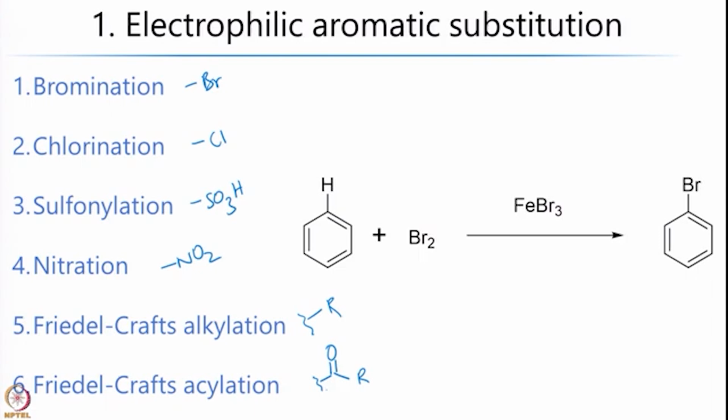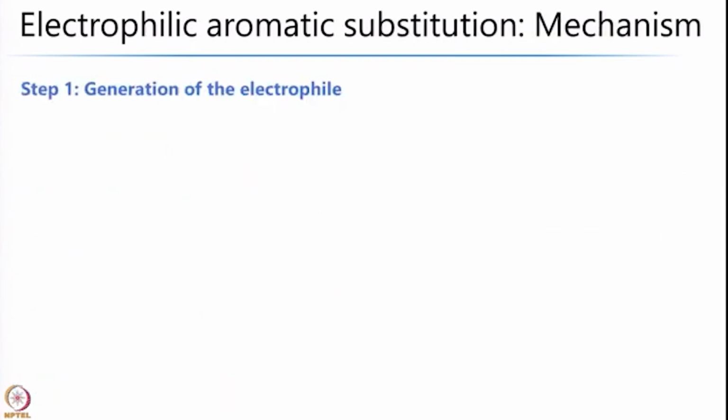So now let us dive into a bit of the mechanism and see how this reaction even takes place. To do this there are 3 steps, and the first one is what is called generation of an electrophile, and I will illustrate this by using the bromination reaction which I showed you on the previous slide. We have a Br2 here, this reacts with the Lewis acid, that is FeBr3, to give rise to Br+ and FeBr4-,